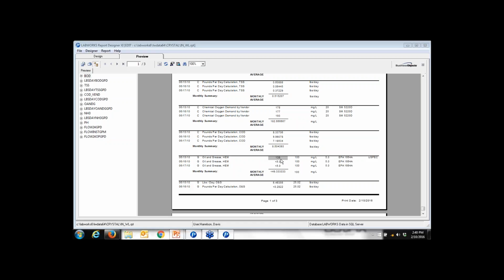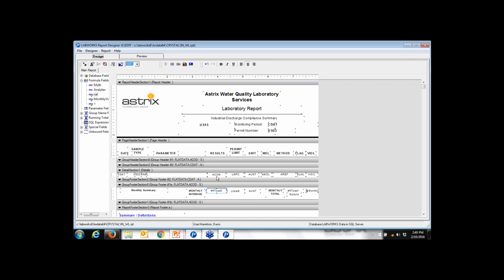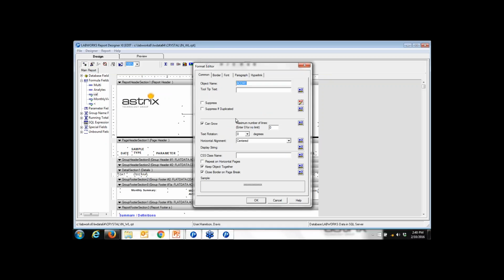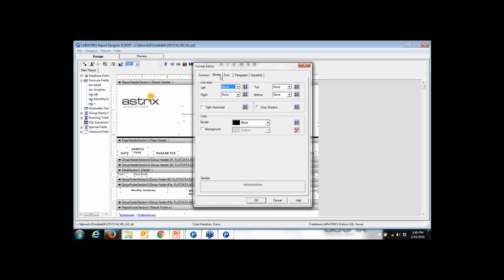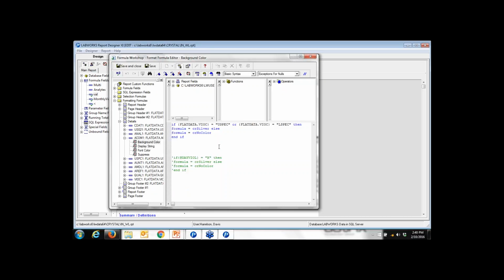How did I do this? Well, if I want to make a change to this field, I go back to it within the design mode. So if I select the actual result field in my design mode, right-click, and do Format Field, notice how in my border section, I have code by the background area of the format editor, the background color. And if I click the code within that,